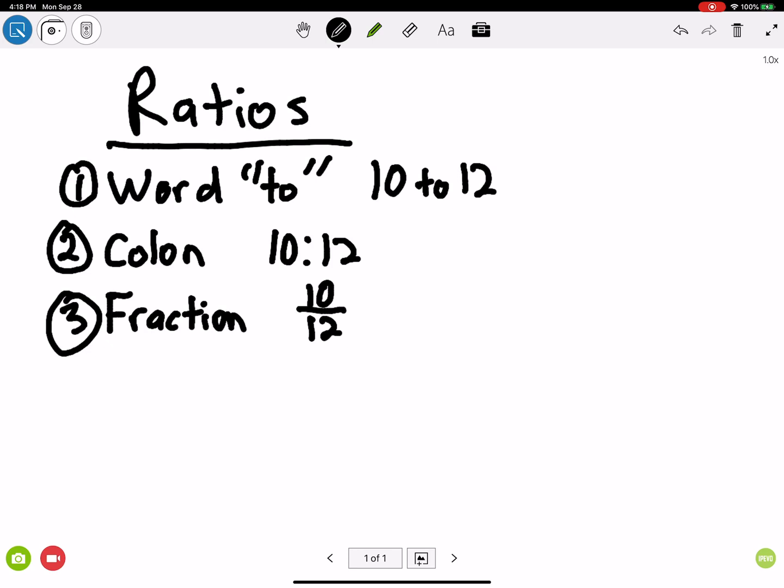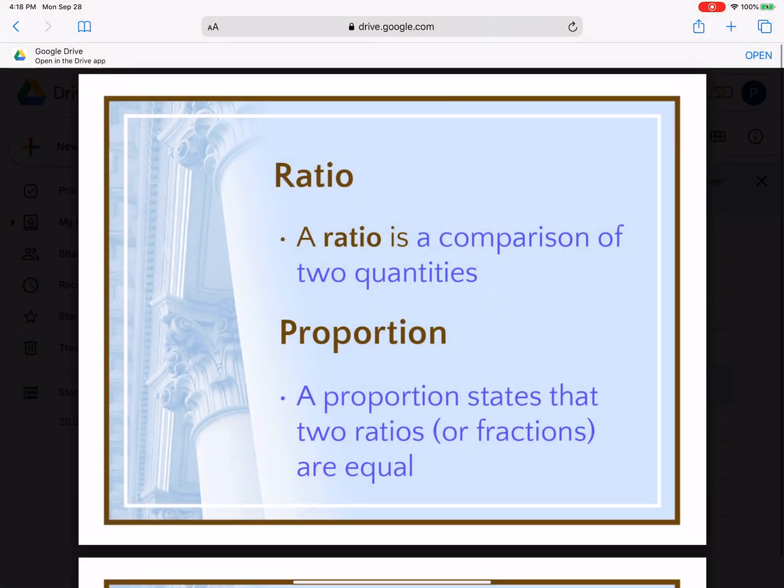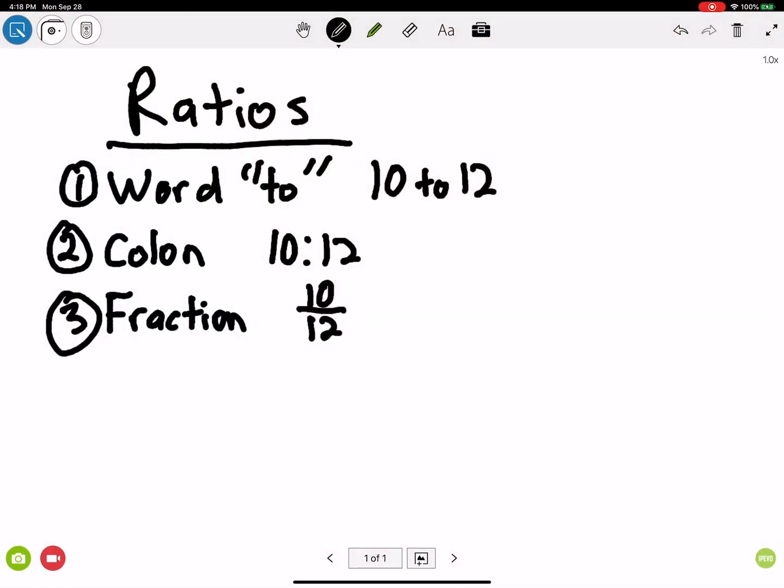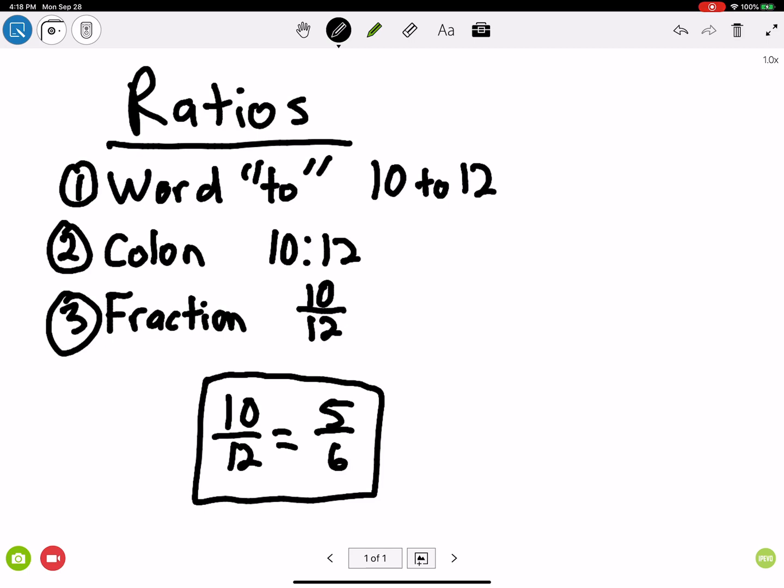Now, remember, a proportion, on the other hand, states that two ratios, or fractions, are equal to each other. Okay, so two ratios that are equal, or two fractions that are equal. So for example, 10 to 12 is equal to 5 to 6. This is an example of a proportion. Okay, that's what that is. It's a proportion. All right, so